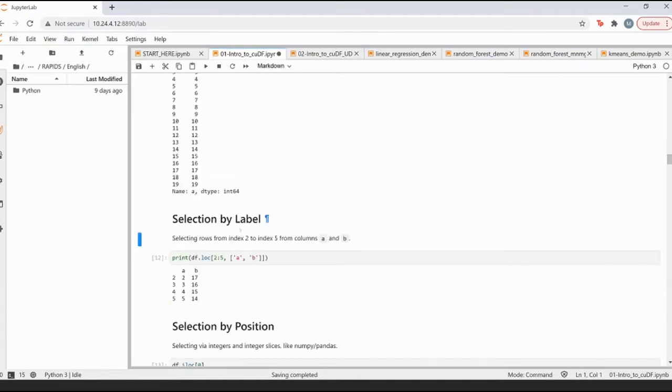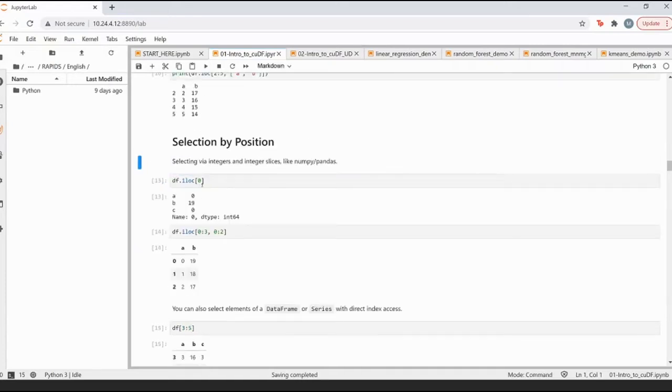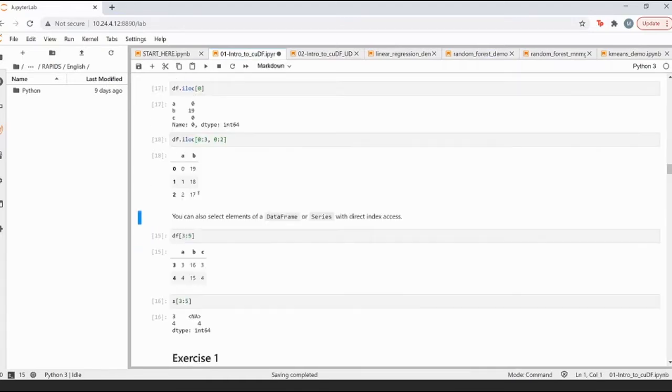Other things you can do include selecting indexes based on your preference, right? So you might not need all the indexes. You might want to only access indices from 2 to 5. So you just mention the start index and the end index and the names of the columns whose values you want to return, right? Now there are also other things like mentioning the row index and the column index as well, right? So here I've selected three rows and two columns. Let's see if I can put three here.